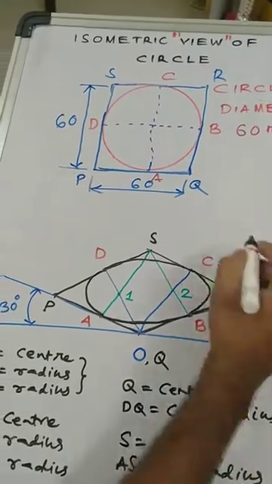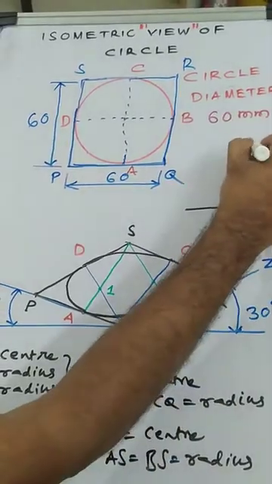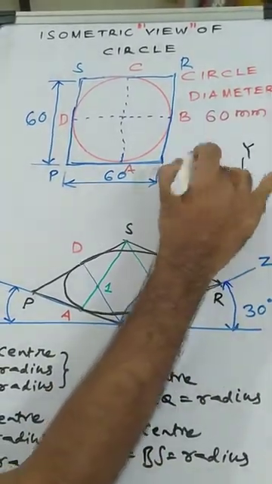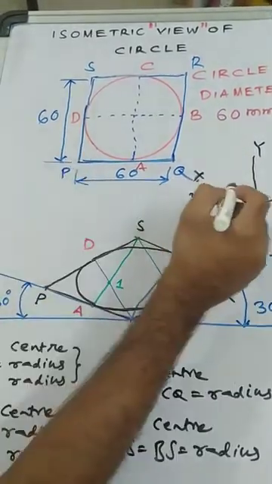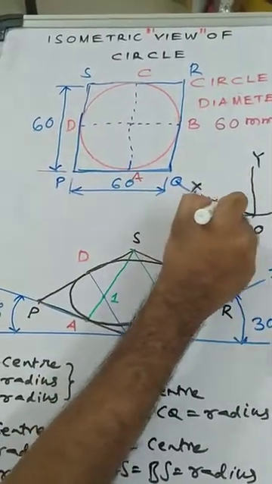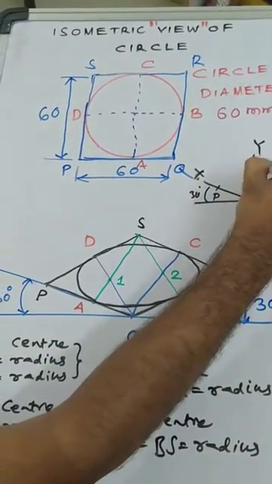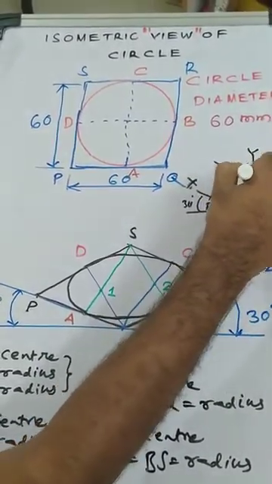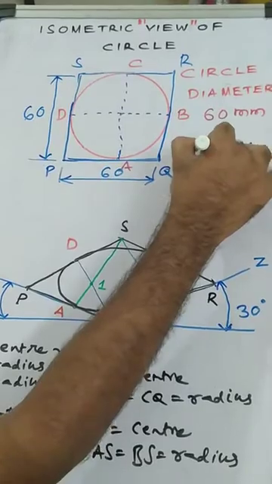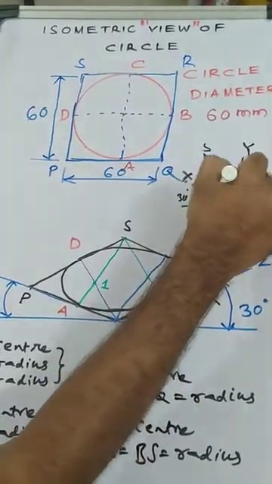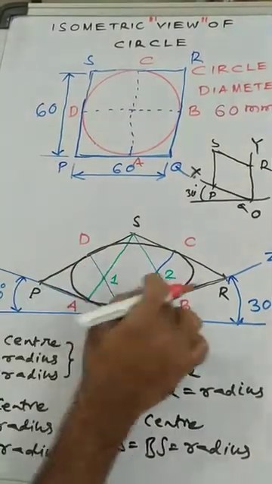Suppose I want to draw the front view, draw a horizontal line. You have a vertical line. This is the OY axis. This is OX, 30 degrees. Then on the OX line, this is going to be PQ. This is height. This is going to be QR. From R, passing through R, draw a parallel line to OX. This becomes S. For this one, you can adopt the same process. You can get the ellipse with these points.